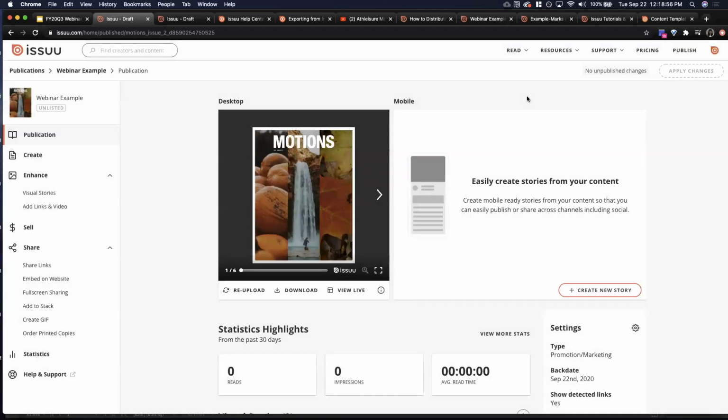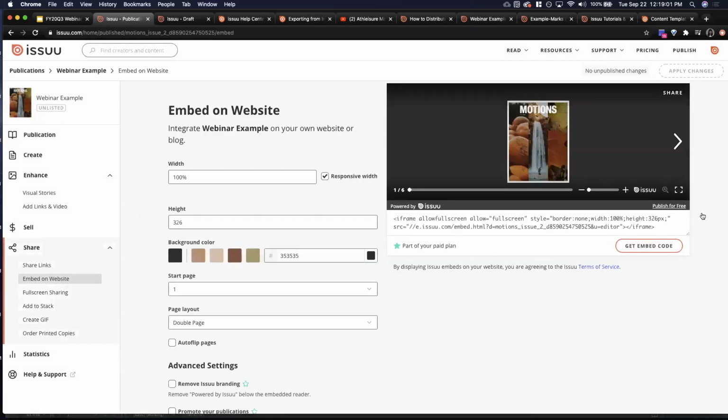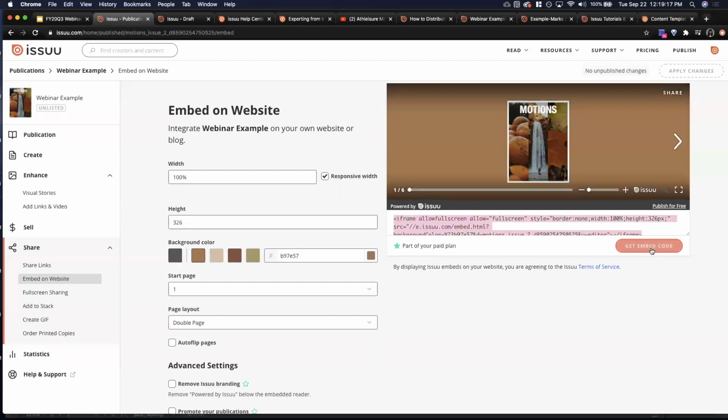So the first way, and the way that we're most excited for after you've designed your InDesign document, would probably be the ability to embed it on your website. So again, this is part of our paid plans. You can essentially get the iframe code here that you can just copy and paste into your website. So the HTML is all set up and ready to go. So all you have to do is copy and paste it into your WordPress or website